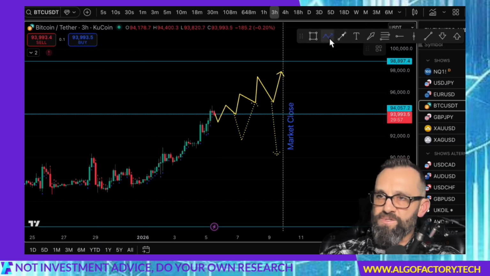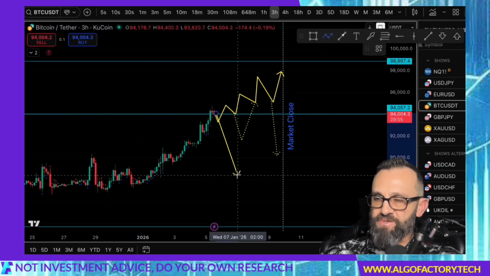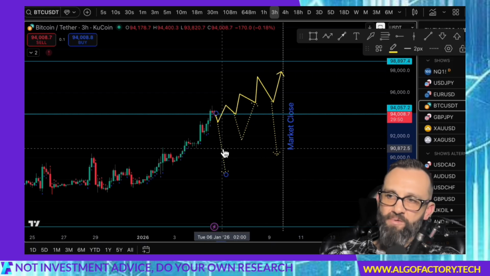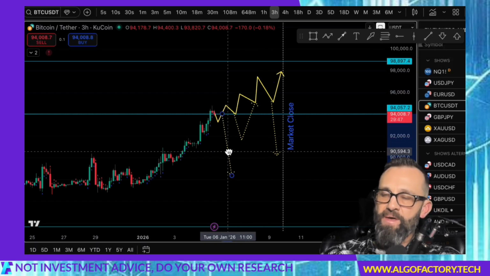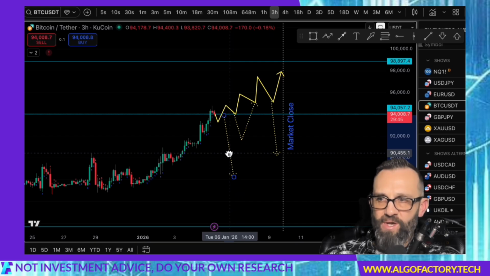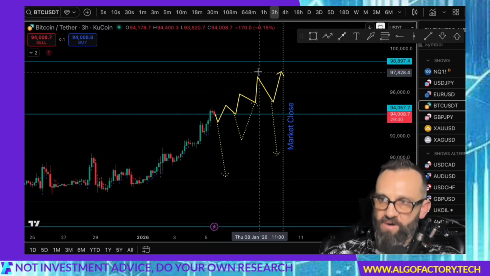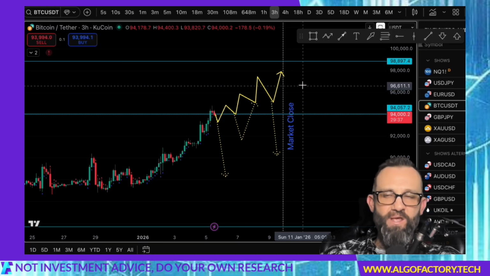Even now, we could see a very strong rejection and price continues down, but this really can happen anytime, and it's not really much use to try to predict when that kind of thing would happen, right? But I do think it's going to happen at some point. It's just right now the algos say it wants to kind of inch its way up. You might even see a bit of a hard break up, but once it hits about 98,000, I'd be watching